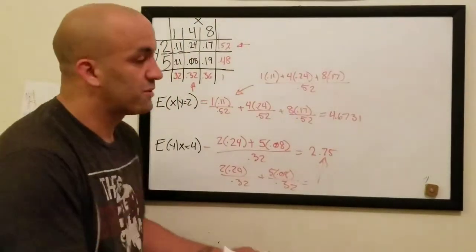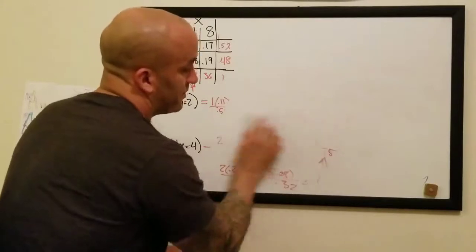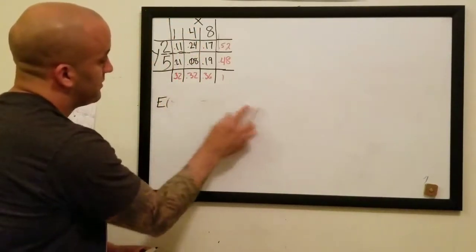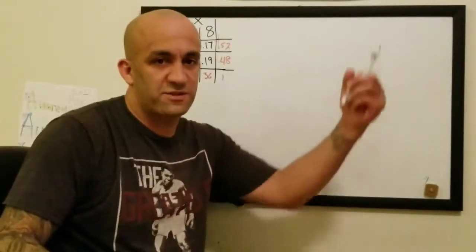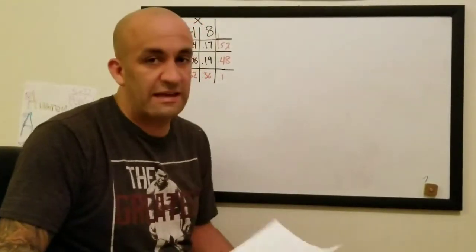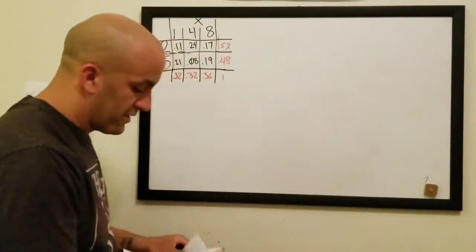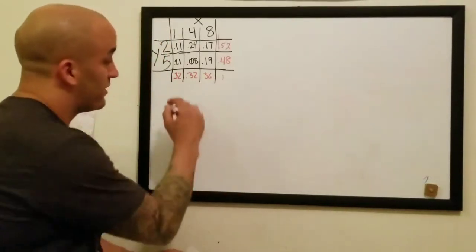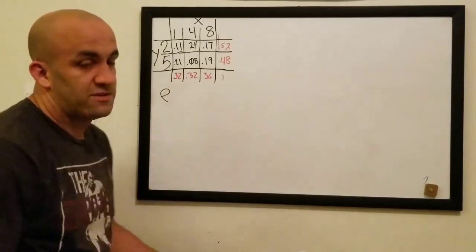I'm going to erase these, as I don't have the most amount of space, and computing a correlation takes a lot of computations. We'll make our life easy by first computing all those numbers and then just plugging them in. So the last one is to find the correlation between x and y. They typically use rho to stand